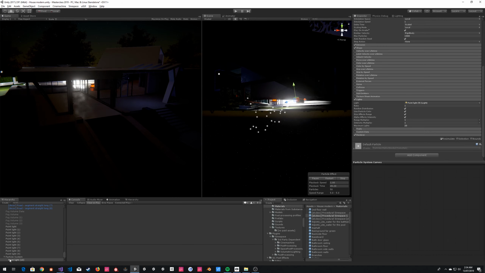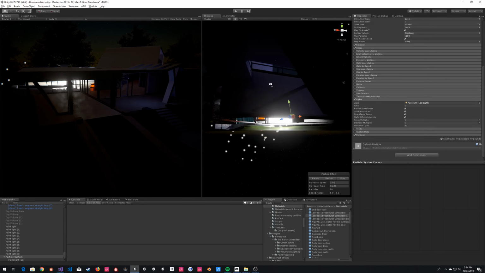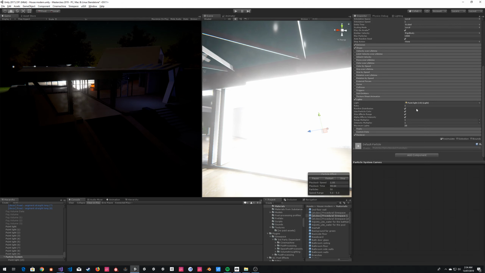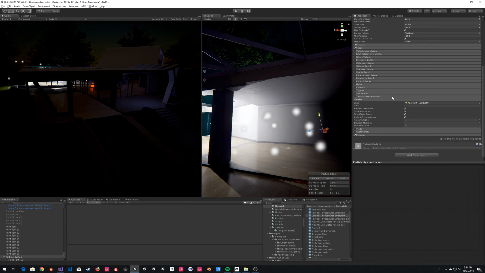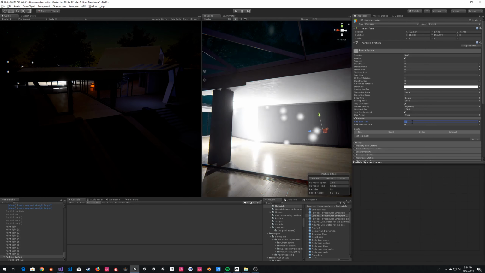The ratio there indicates how many lights will be created per particle. At 1, it's going to create 1 light per particle. That's 50 particles right now with 50 light sources attached to it. And you can set the maximum there to control that. So if I take this particle system, I'm going to set the emission down to